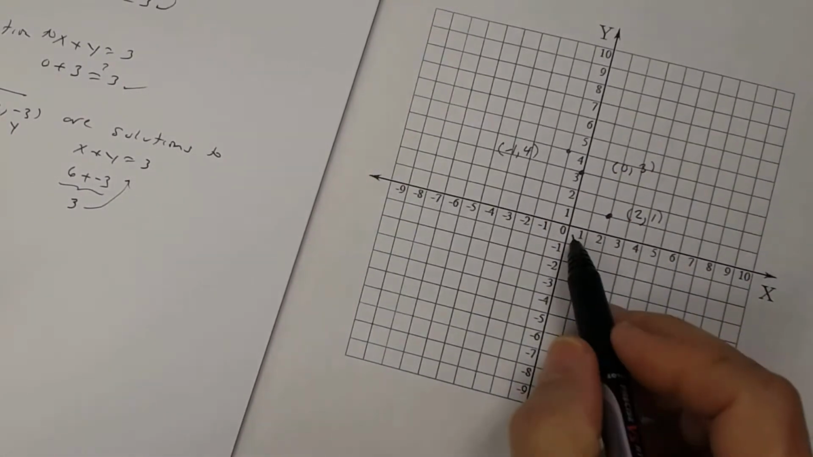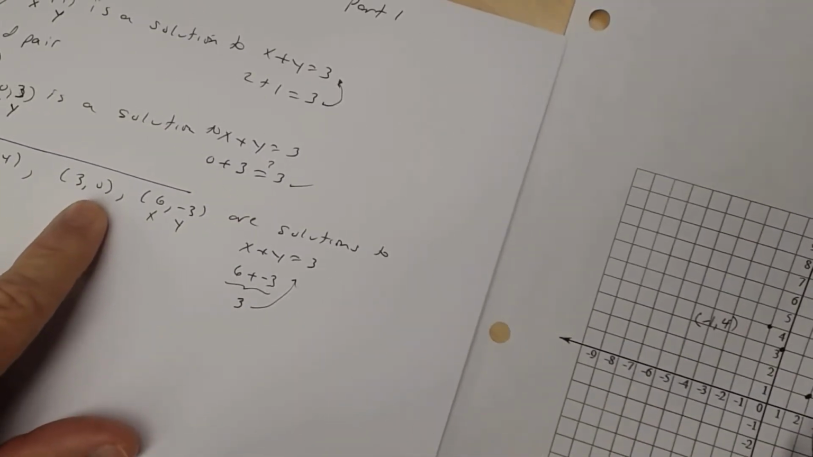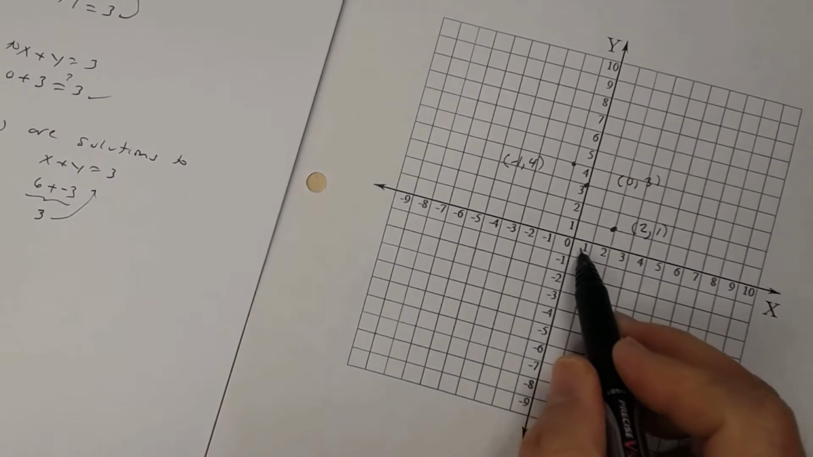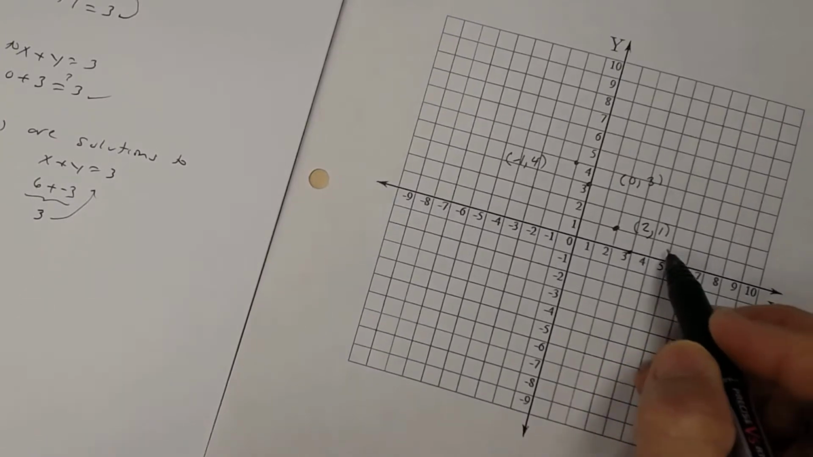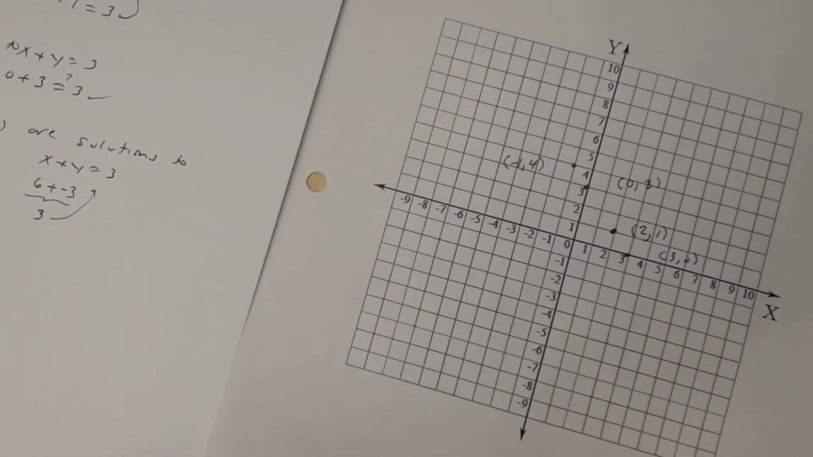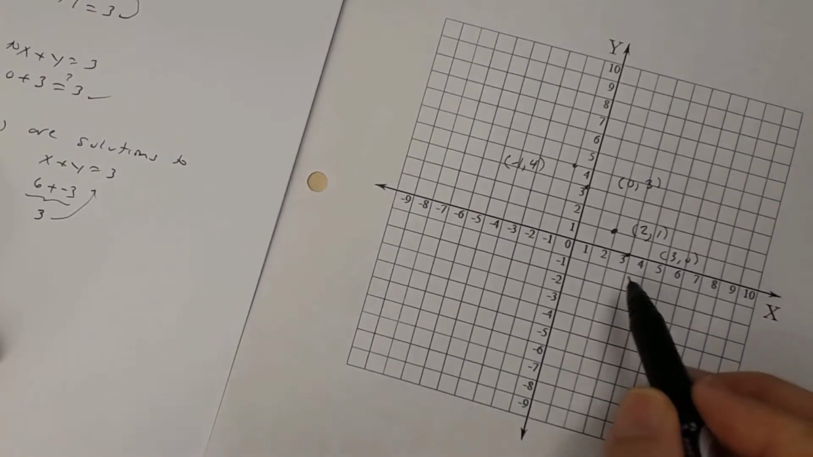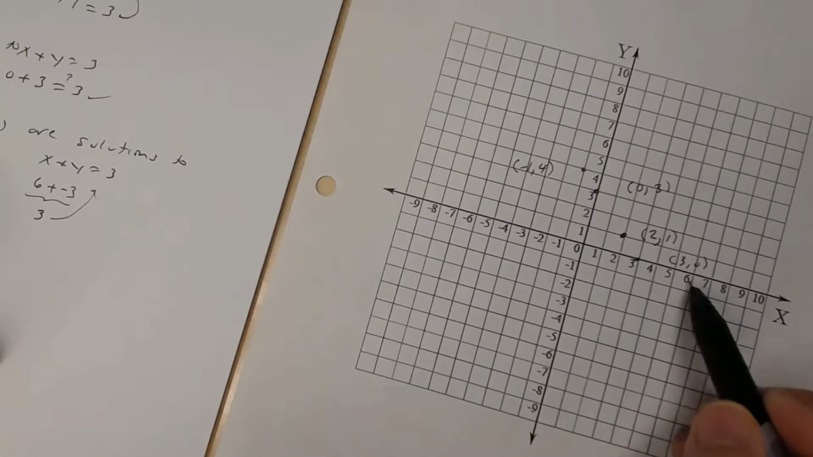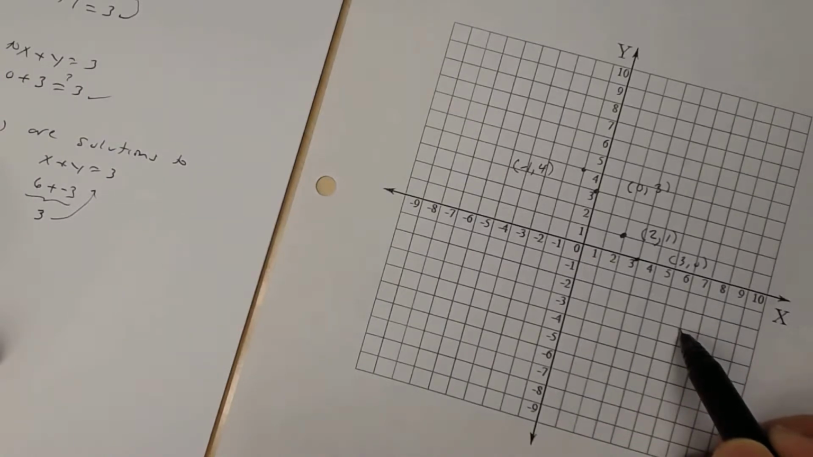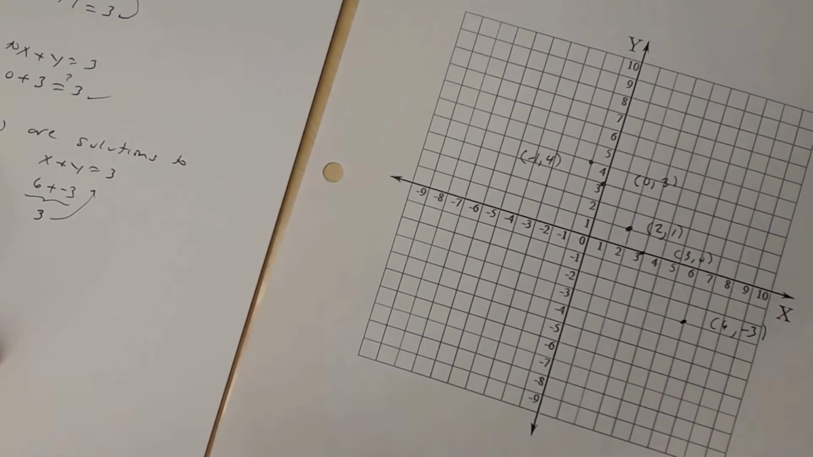Then (3, 0). Remember this time x is 3 and y is 0. I'm going to go to the right 3 units since x is positive, and then since y is 0, I stay there. So there's the point (3, 0). And then (6, negative 3): I'm going to go to the right 6 units, and then down 3 units since y is negative. And so there's the point (6, negative 3). Okay, now,